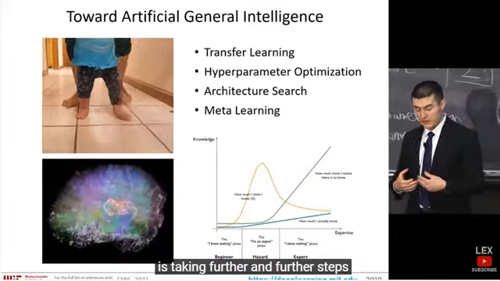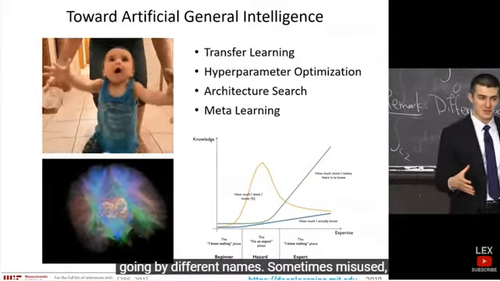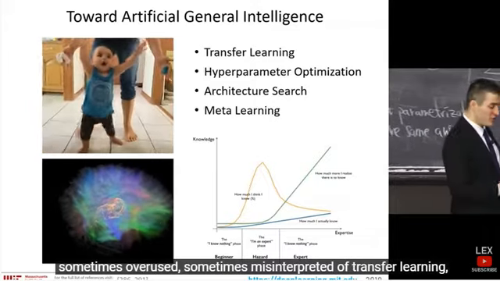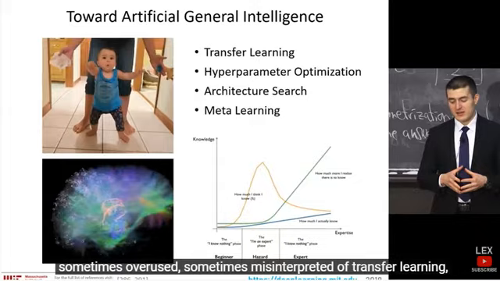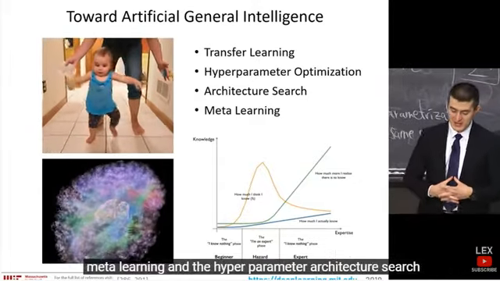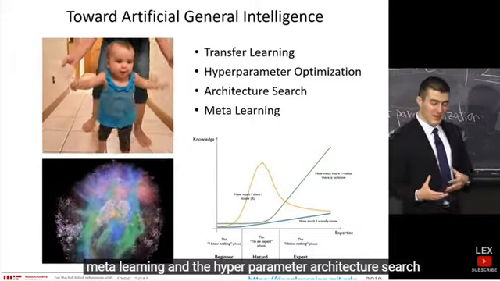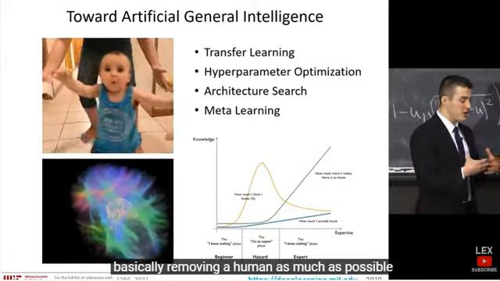It's taking further and further steps, and there have been a lot of exciting ideas going by different names, sometimes misused, sometimes overused, sometimes misinterpreted, of transfer learning, meta learning, and hyperparameter architecture search, basically removing a human as much as possible from